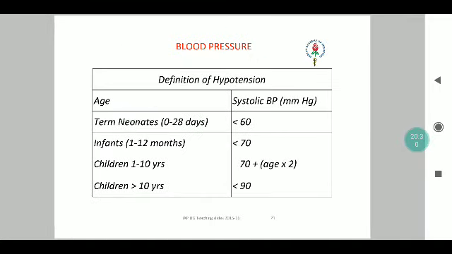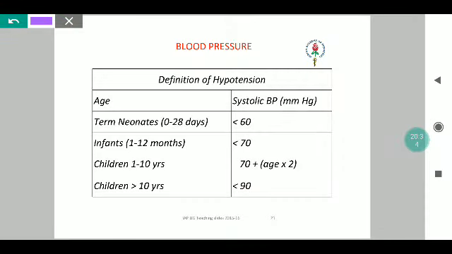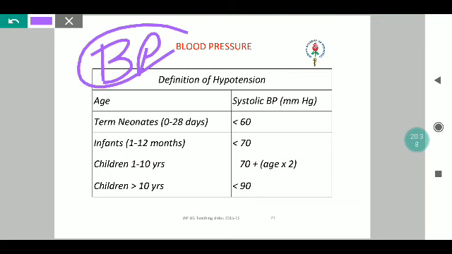Now, blood pressure is often something which is widely known among the adult population, but in a pediatric population, BP is often considered to be a second line investigation, which is highly false. IAP recommendations do state that any child aged 3 years or more should have a BP recorded at least once a year in a routine setting, and most ideally, every hospital setting must have the BP of the